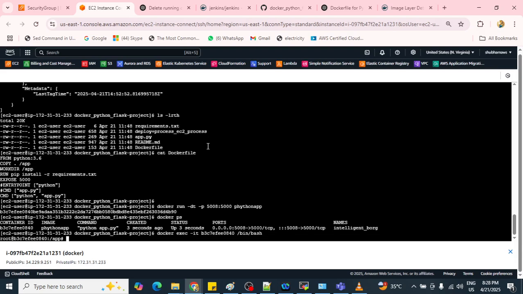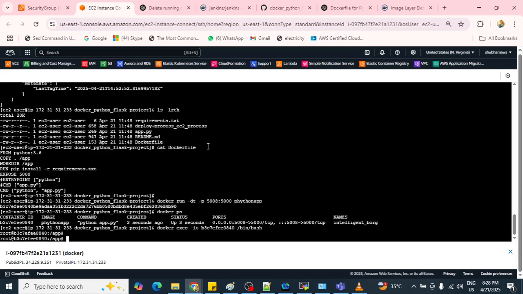Now you are inside your container, and you can see you are directly coming under the /app directory, that is under the workdir.